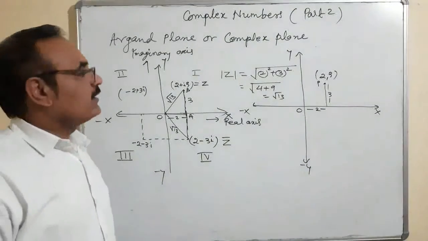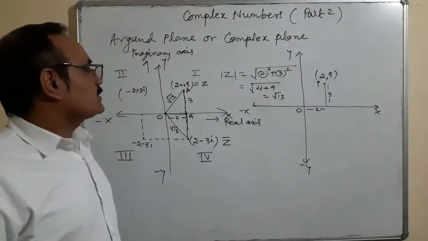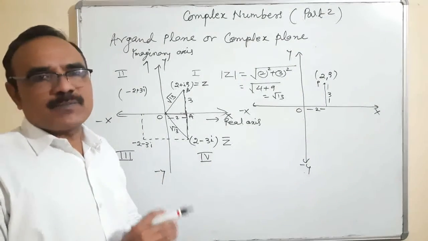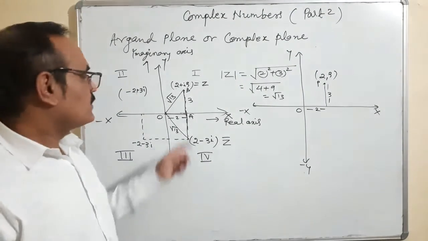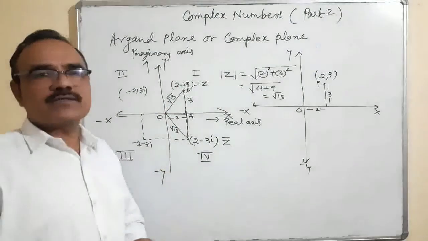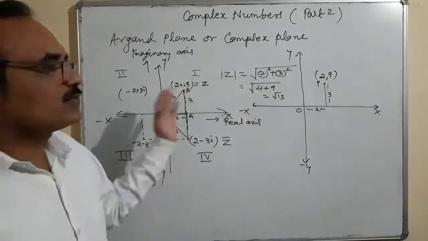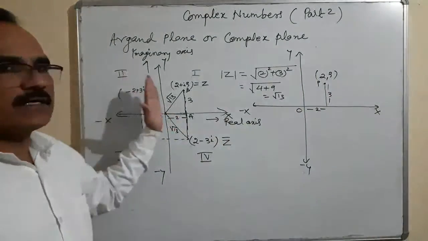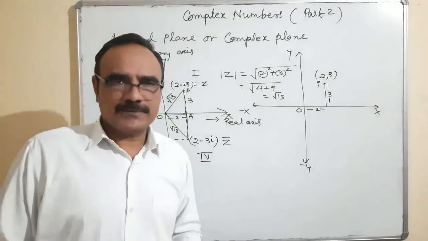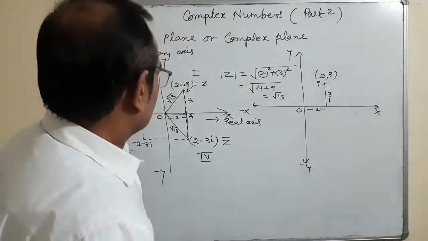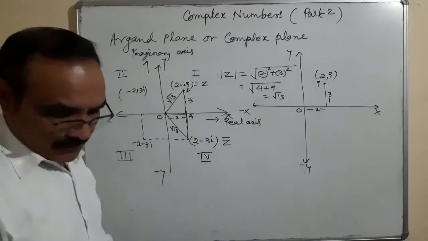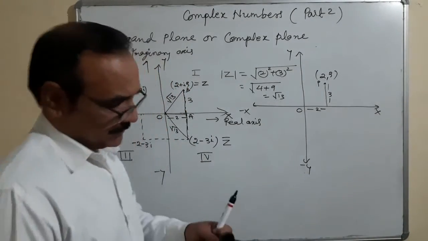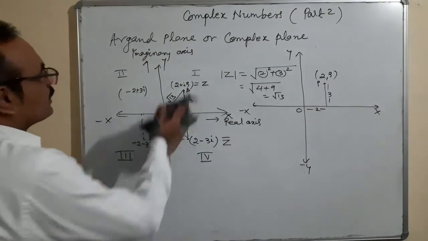So z is equal to this. This is the representation of a complex number on the complex plane, or on the Argand plane. So this plane is known as the Argand plane. This is the x-axis, y-axis; it is the real axis, and that is the imaginary axis. So that is one. After that, the second one is the polar representation.